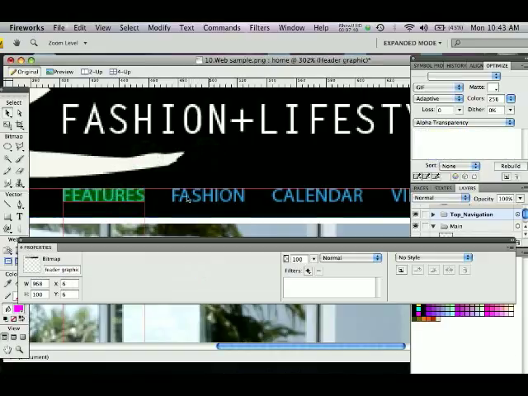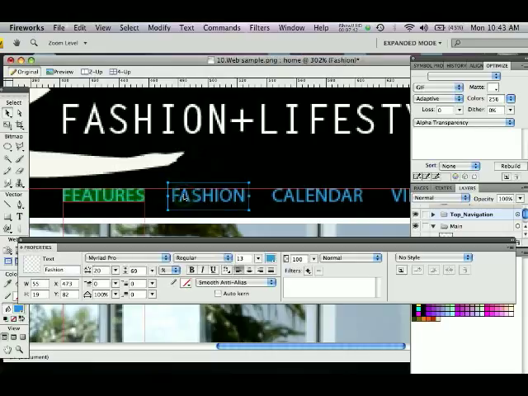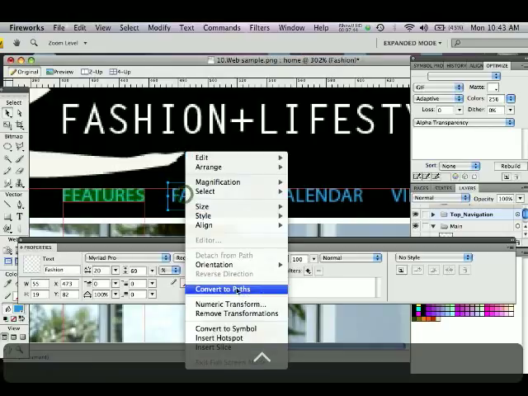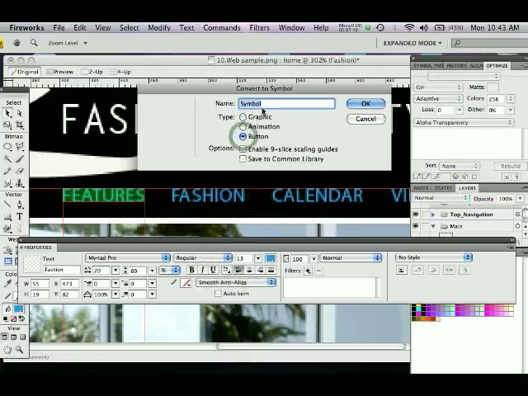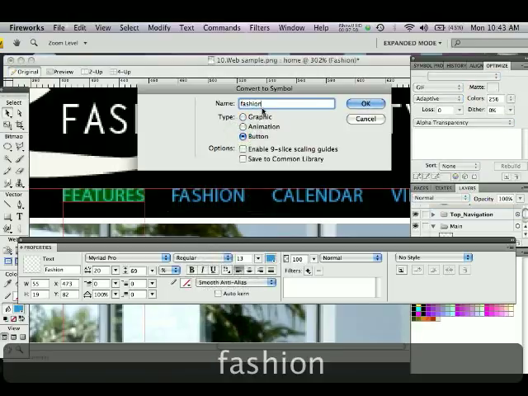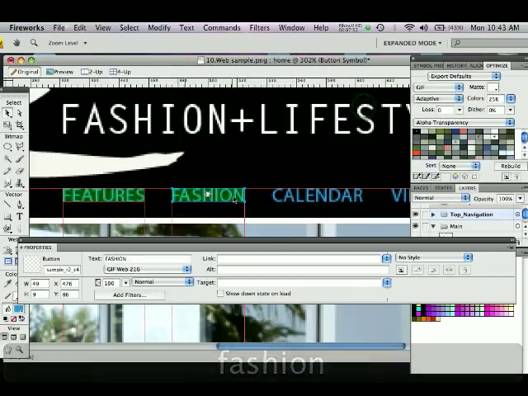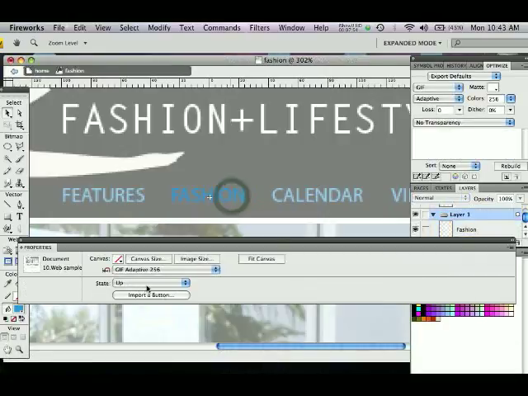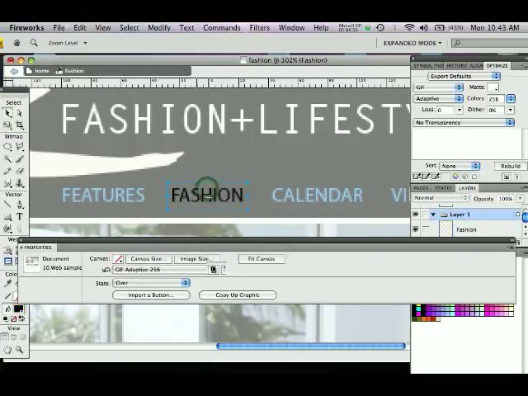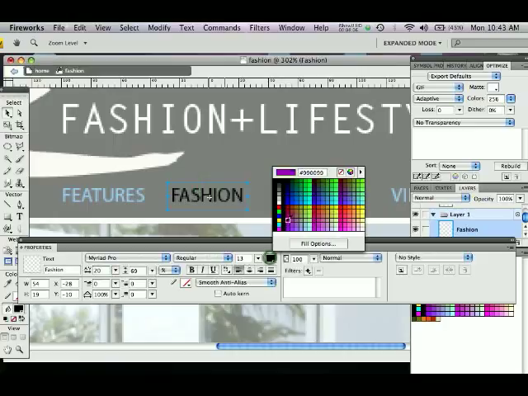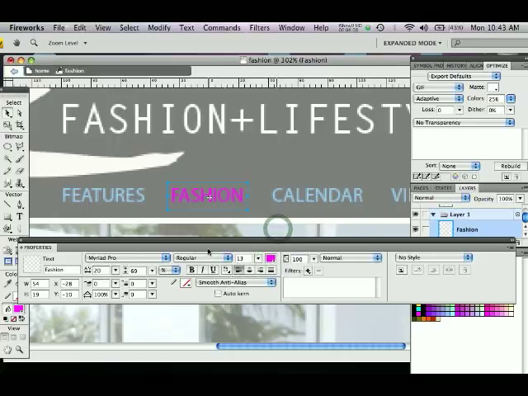So if I want to do this again, all I have to do is select the next text, control click, convert to symbol, make it a button, give it a name, hit OK. Double click on the green area, change it from up state to over state, copy up graphic, change an element of it, so I'll change it to pink. Oh, that wasn't pink. Here we go, pink. Click off it,